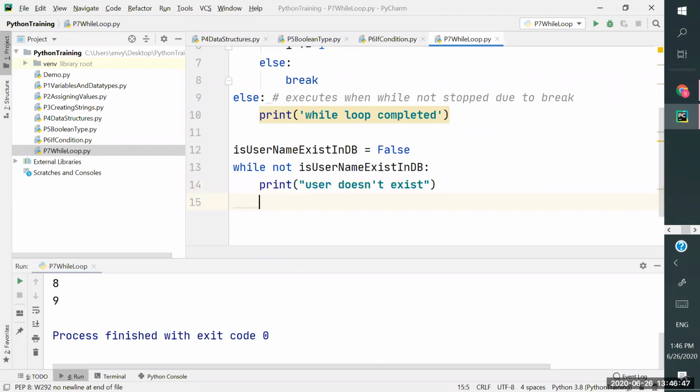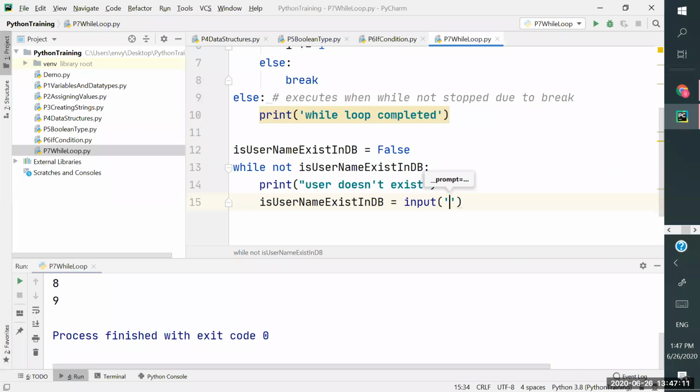So what I have to do, I need to execute until the user exists. For that, I will take the value from input. Is username exist in DB? I will use that. So instead of verifying in an application, I will give some values from the console. I'm creating an example kind of thing, right?